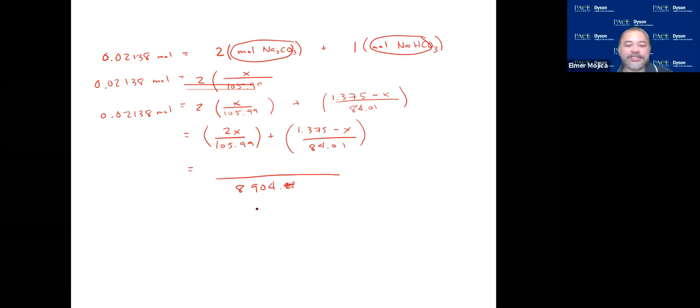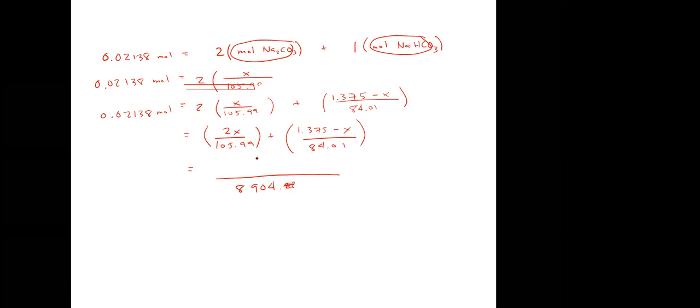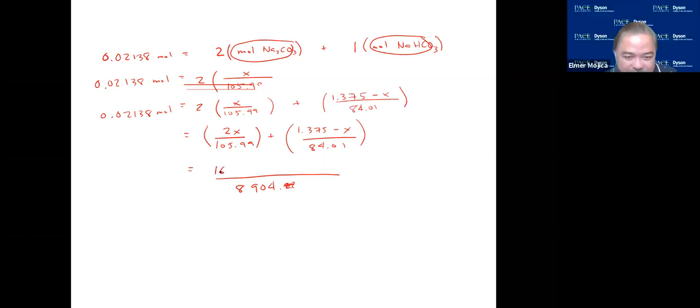Maybe you could just do it like that. And then how are we going to put this value? So what is the 2x equivalent to? 168.02. So that will be 168.02x plus